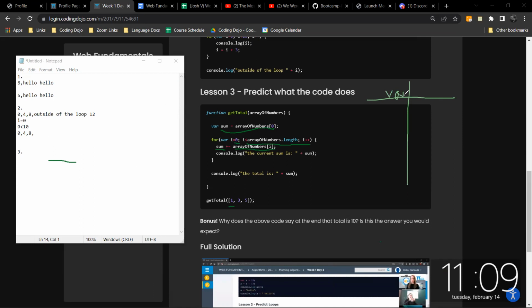So we have sum, var, sum. Okay, sum right now is 1. And then i is 0. Okay, and while i is less than array of numbers dot length, so what is that value? Array of numbers dot length right now is 3. So okay, 0 is less than 3, so you'd move on and you'd add